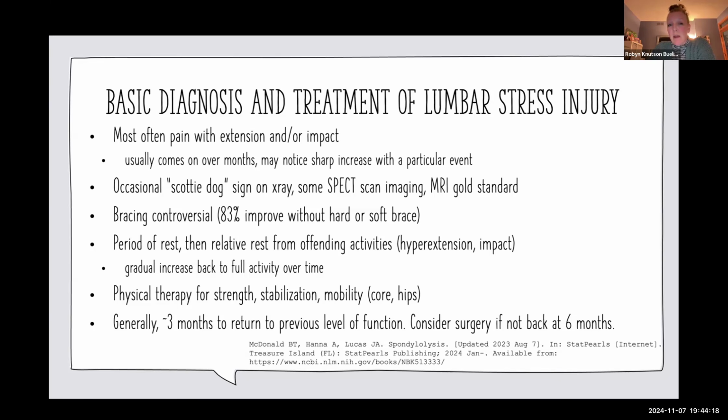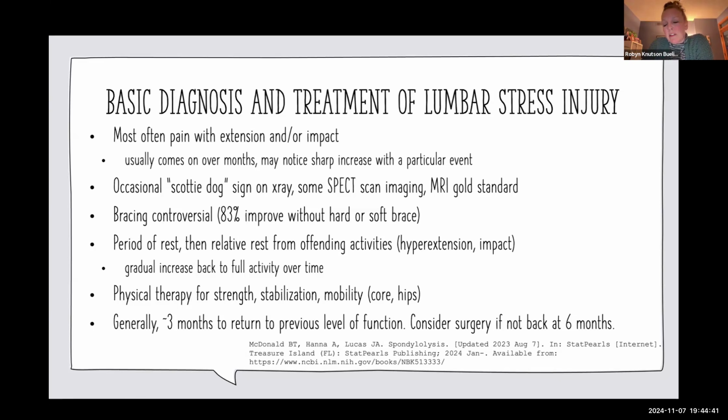Again, that fear of not being able to do anything is very strong in this population. So if you can find a way to be able to do anything, that's a big deal. Physical therapy is super important. A lot of these athletes, because they're early specialization athletes, aren't great athletes. They're just great figure skaters. So physical therapy can be super helpful for stabilization and mobility of specific areas around it.